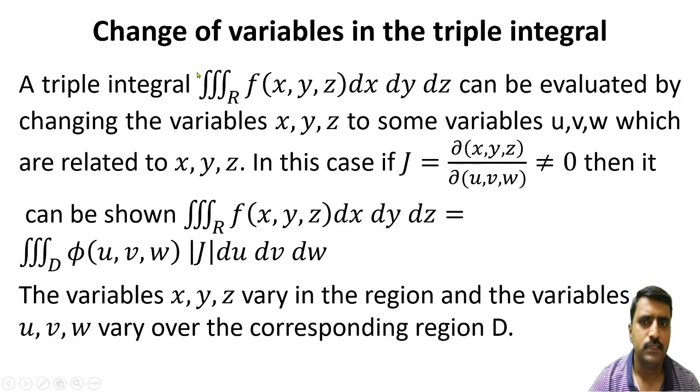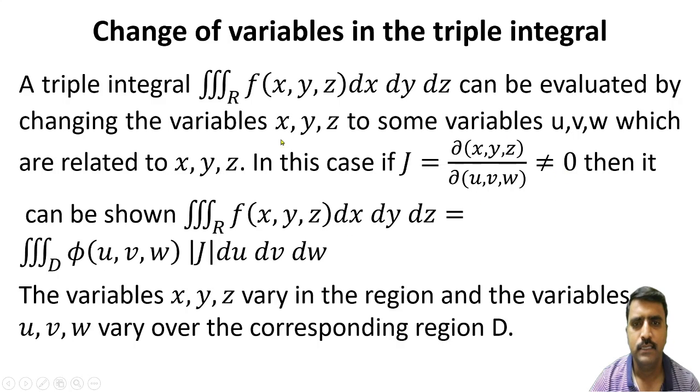Suppose this is the given triple integral, f of x y z over R, into dx dy dz. So that can be evaluated by changing the variables x y z into some other variables like u v w. So then, as in double integrations, we have to find the Jacobian for three variables. So that is Jacobian J is equal to del of xyz by del of uvw. So all of you know its expansion in the determinant form, and that J should not be equal to